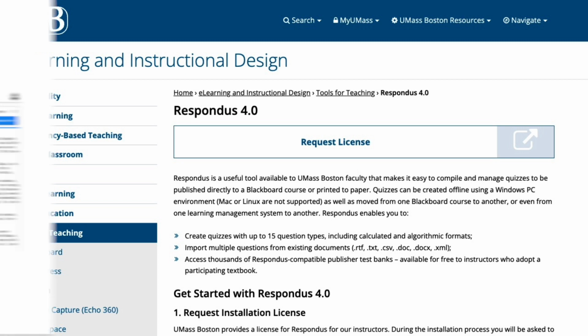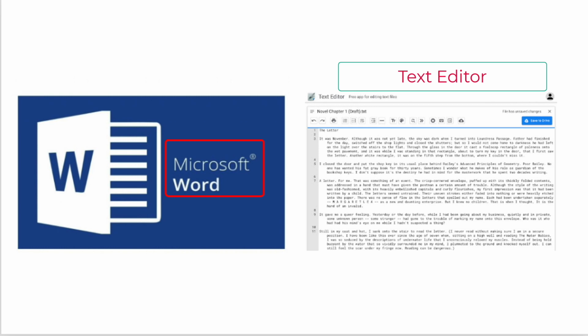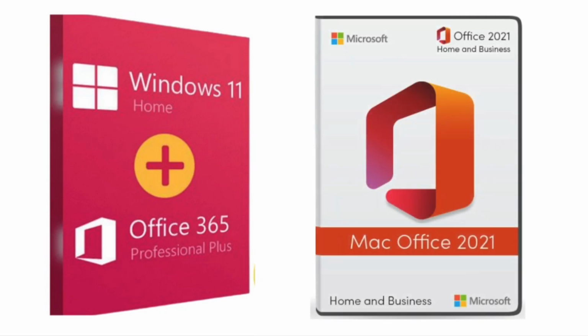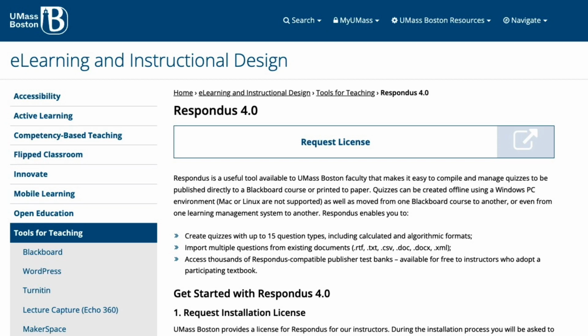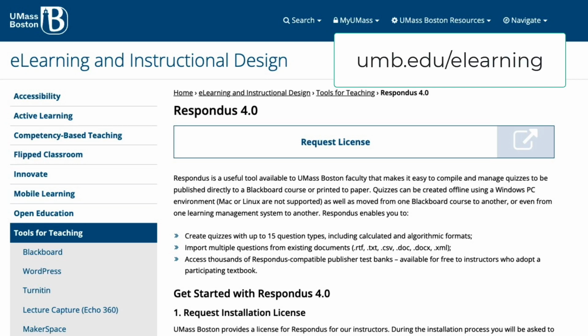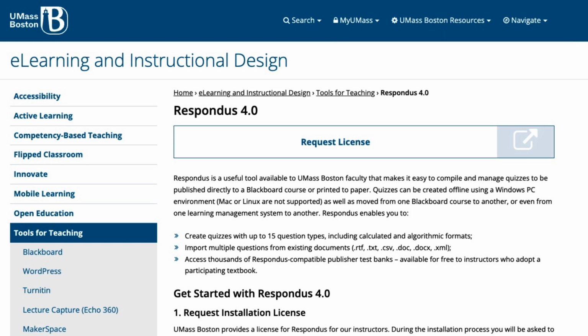Let's begin. I'll assume you've properly authored your input document either in Microsoft Word or a text editor. Remember, even though Respondus software only runs in Windows, your input document can be created on any platform, including a Mac. So if you want to get your test ready on a Mac and then do just the Respondus processing in Windows, or have someone else do that for you, it's no problem. Instructions for formatting and inputting our document are on our website at umb.edu/elearning. But if you do have a PC and load the Respondus software, here's tip number 1.